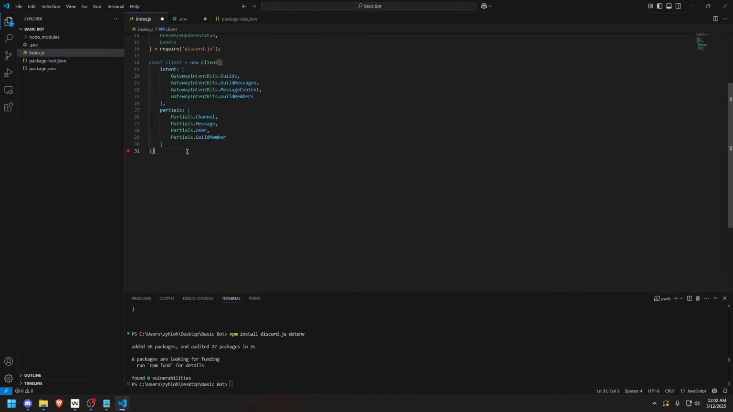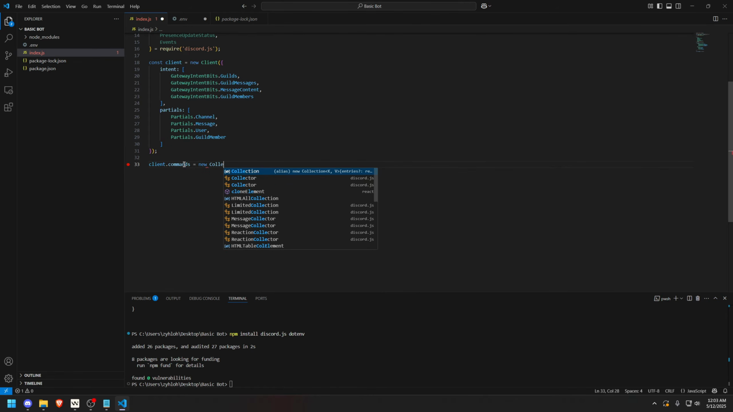Now, next, go ahead and put another semicolon there and move on down. And let's set up the command collection. So here we're going to do client.commands, and we are going to do a new Collection, just like so. Again, another semicolon. And then we need to load all the command files from our commands directory, which we'll be